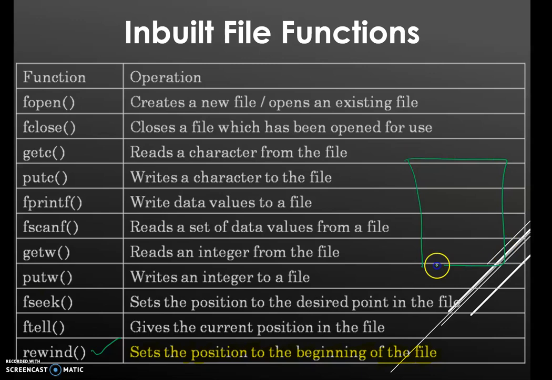If this is my file, these are the contents, and let's say my cursor is over here right now, but suppose you want to read the file from the beginning. In that case you need to move this cursor from this location to this location. Then how to do that? This rewind function will help you in that case. If you use the rewind function, it will put this cursor over here, so it sets the position to the beginning of the file.